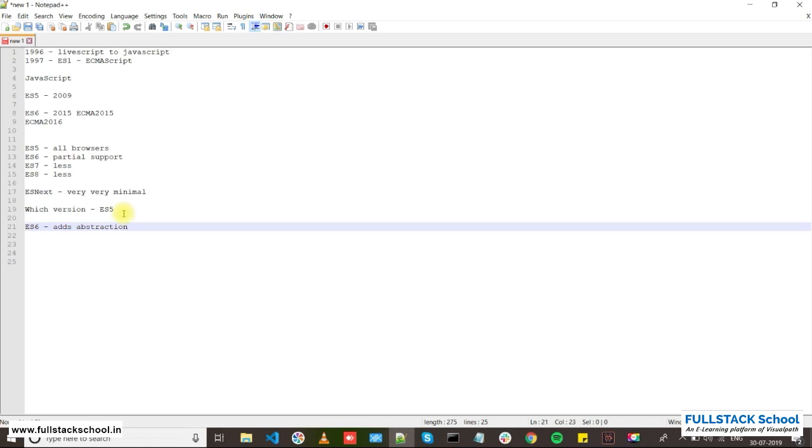But in turn, we are losing our basic understanding of how JavaScript works. Obviously, it is going to work with the help of ES6 also, but we'll not see how that works. To understand JavaScript fully, we are learning JavaScript with the help of ES5 only. Then you might be asking, will I learn ES6 also? Obviously, we'll be learning ES6 too, as well as ES7, ES8, and ES next